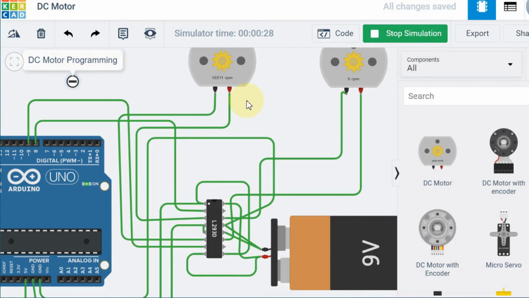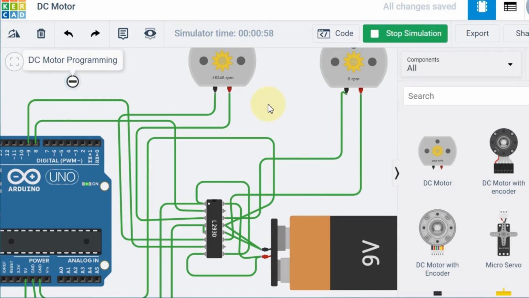Suppose you want to connect the back wheels also, suppose you have 4 DC motors, then we can connect this same signal to one more motor also. Mostly robots have only two controlled wheels and two normal, uncontrolled wheels. Because of the two back wheels, the front wheels also will run. So only 2 DC motors are enough to run robotic vehicles. So I'm going to connect only these two motors.